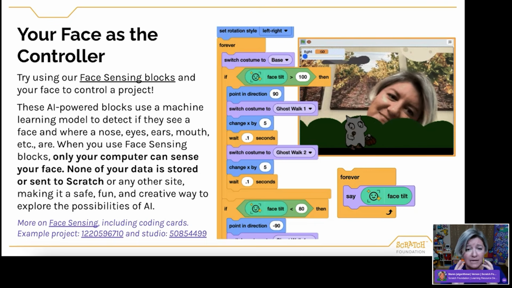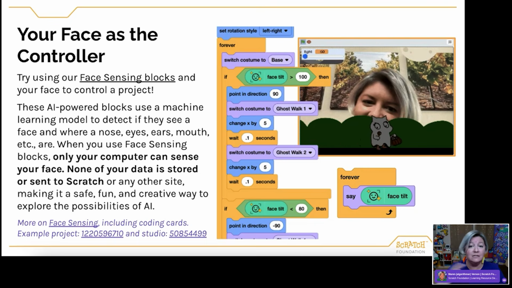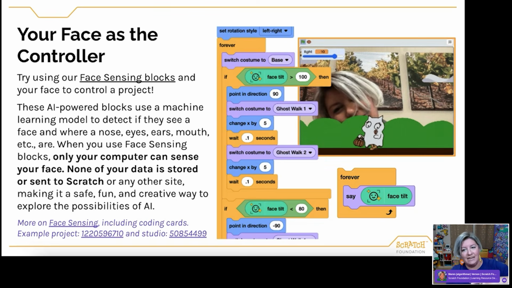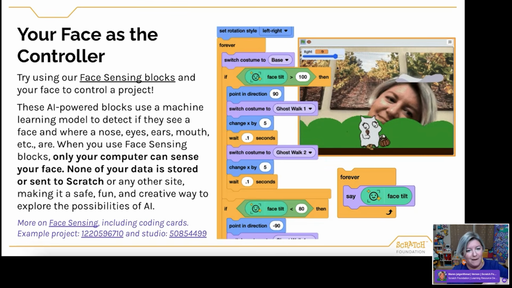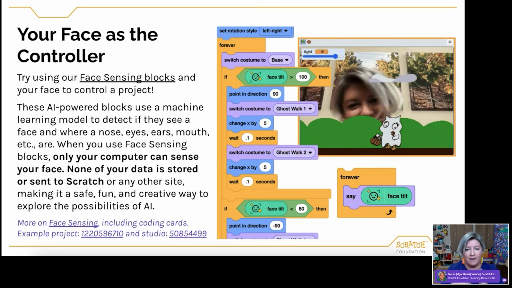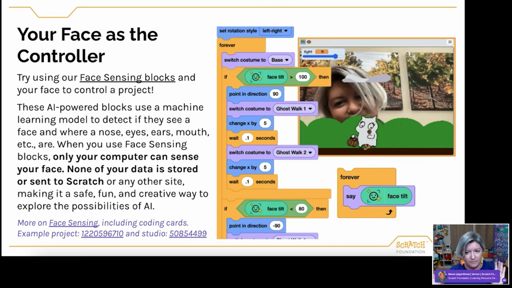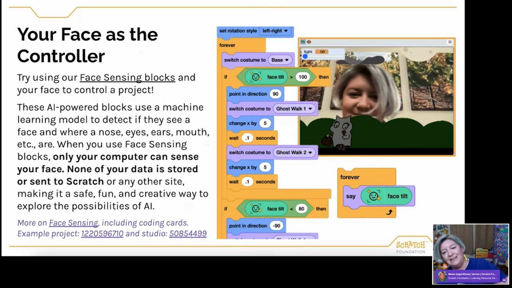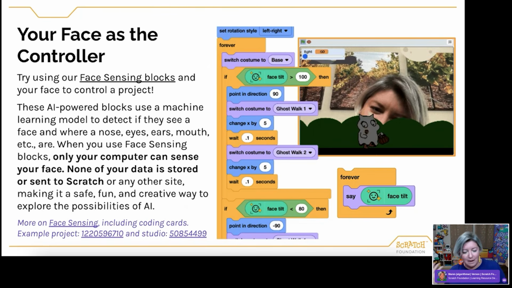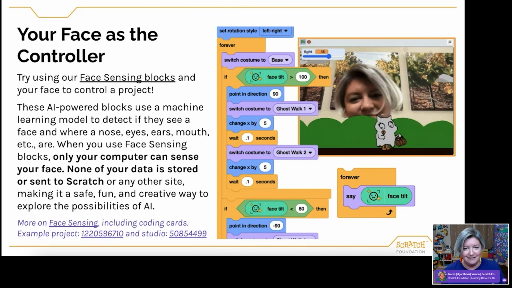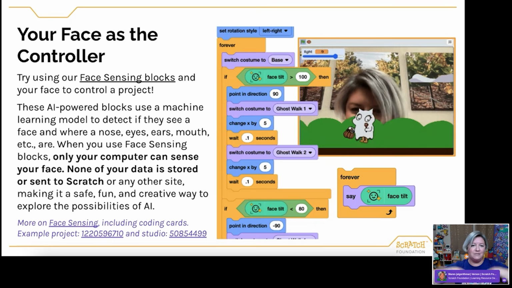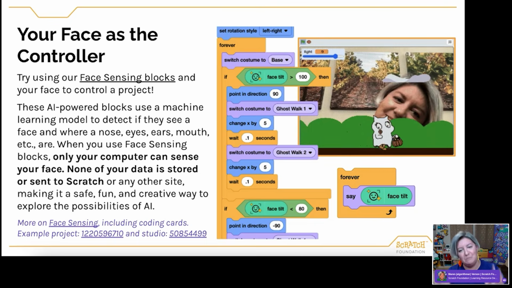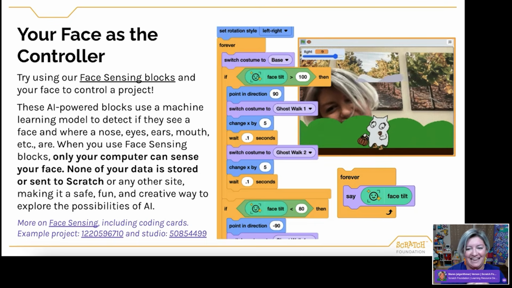So in this case, what I'm doing is you can see I'm tilting my head, and that is changing the movement of my little ghost cat. And by moving my head, I can move the cat back and forth. And then I have a separate slider up there that can lighten or darken the mood of the scene. If you came to my backgrounds session last time, we talked about setting a mood, right? So here's my mood setting with my lighting, with my brightness.